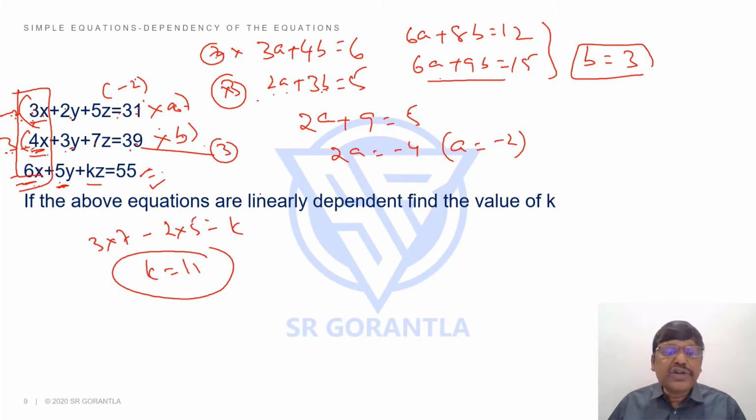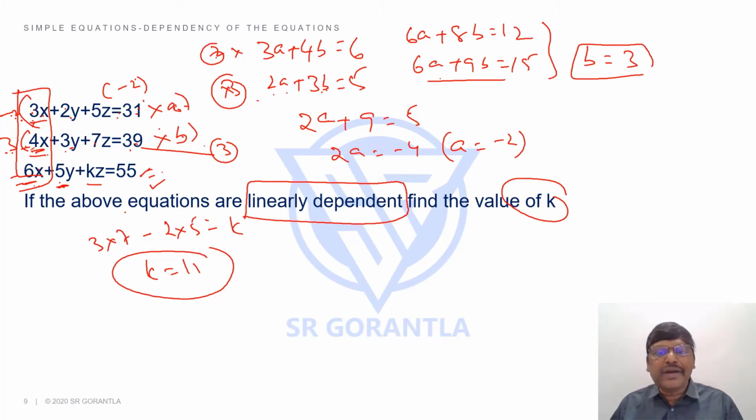Like this, you should try to find it out, right? So this is a previous exam question in one of the MBA entrances, students. It's a bit advanced question, but yes, it's a good question, right? So this is how you get questions on linear dependency. Linear dependency means one equation is dependent on the other two equations. We call that the equations are linearly dependent, right? So that's about linear dependency.